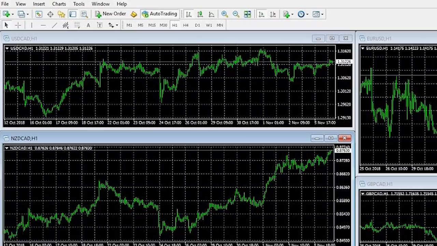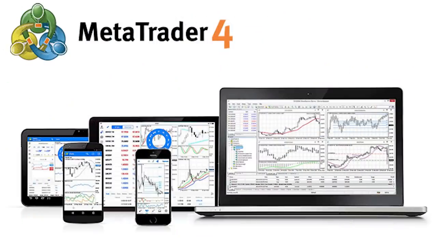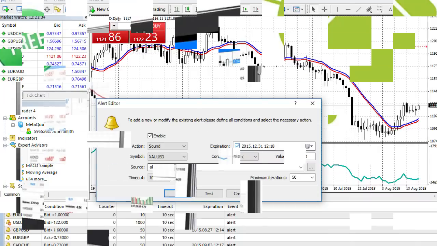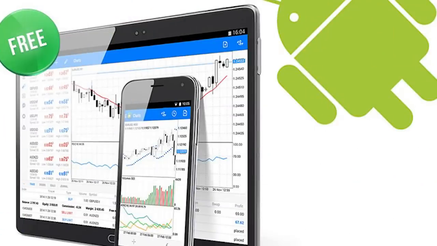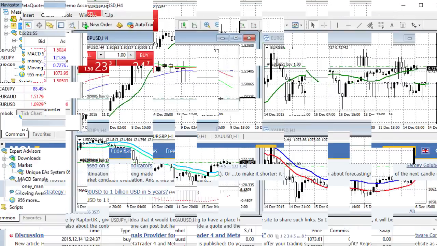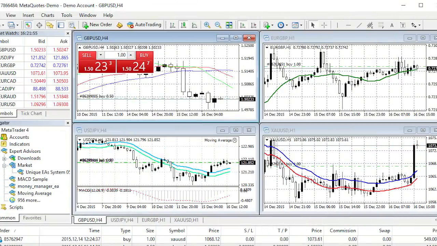The server component is run by the broker and the client software is provided to the broker's customers, who use it to see live streaming prices and charts, to place orders, and to manage their accounts. The client is a Microsoft Windows-based application that became popular mainly due to the ability for end users to write their own trading scripts and robots that could automate trading.